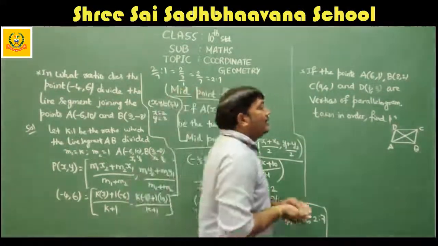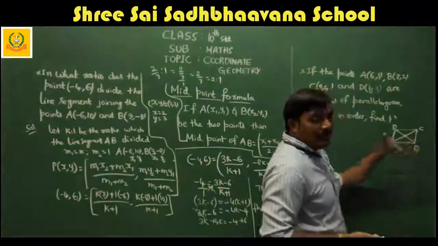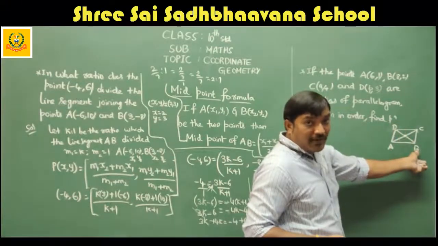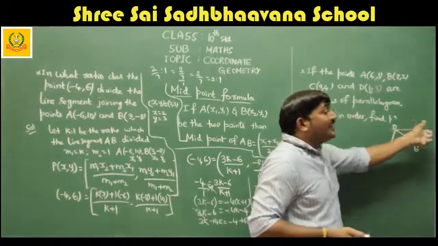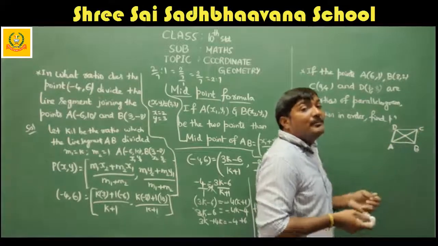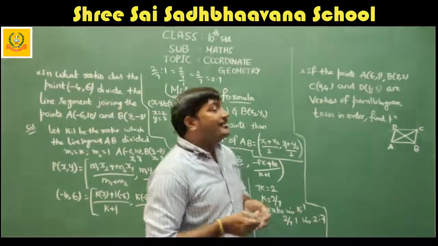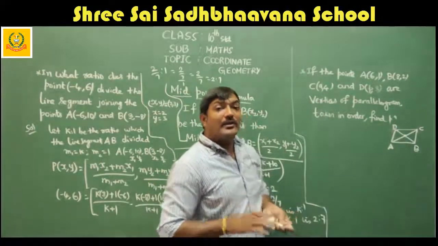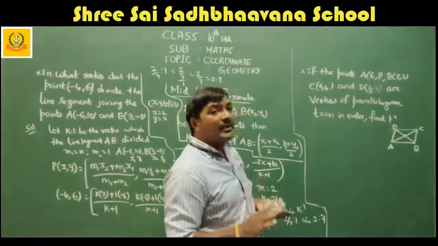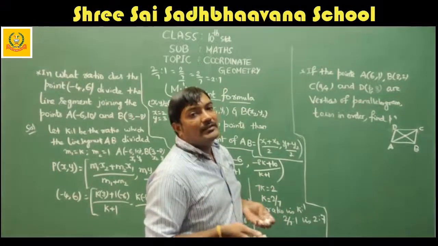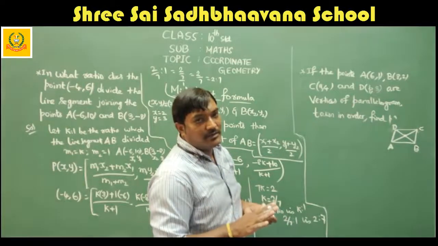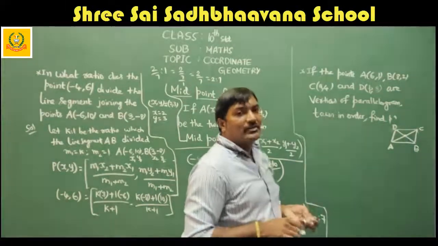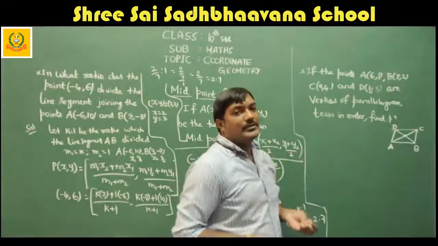It means if you find the midpoint of BD, anyway, the midpoint formula we discussed. Using that midpoint formula, if you find the BD midpoint and if you find the AC midpoint, if both midpoints are equal, then we can say that these are the vertices of a parallelogram. It should be the same. Midpoint of the diagonals should be the same. Then only that property will be satisfied. Correct? Then only we can say that the diagonals of a parallelogram bisect each other. So I will just use that point here.